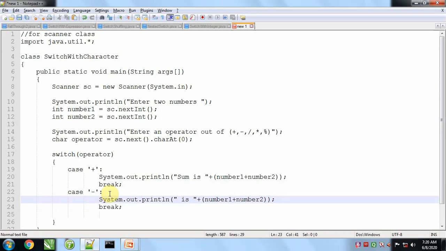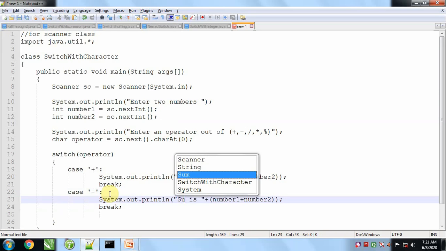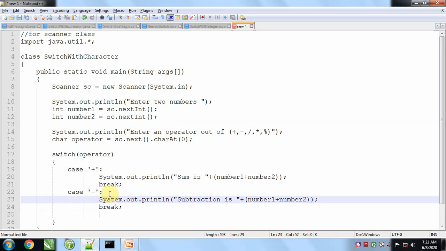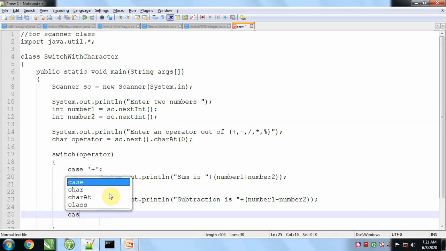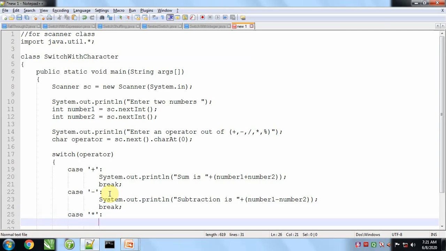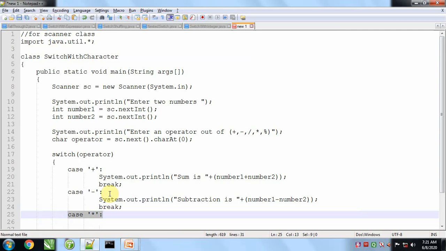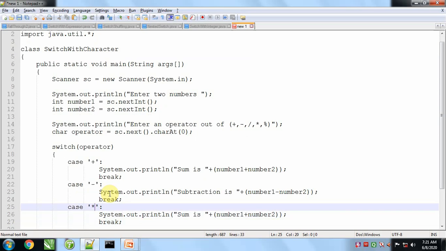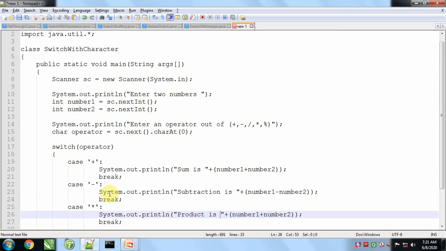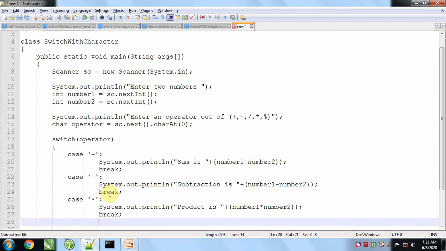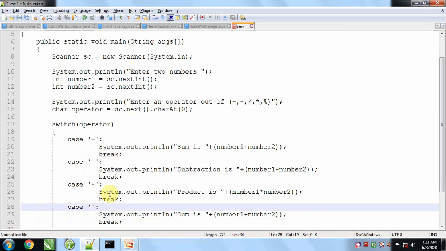In the second case we will perform the deduct operation, subtraction. In the third case we will calculate the product. And next we will calculate the division result.